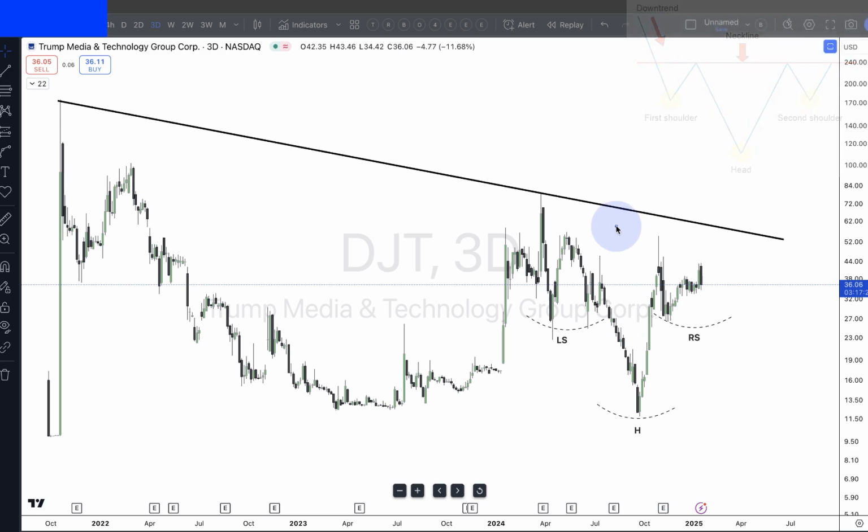Out of all of the patterns, the inverse head and shoulders pattern is number one out of the hundreds of them. So I'll explain where price action is going if we can get price up to this neckline, and that will tell me from a confirmation standpoint that this is in fact an inverse head and shoulders pattern. I drew this trend line and anchored it up here at this high.